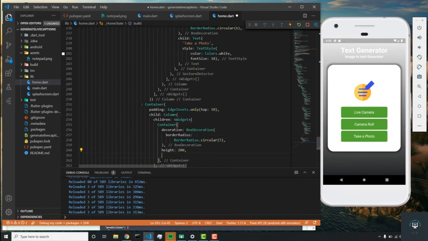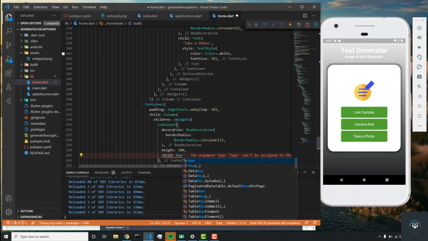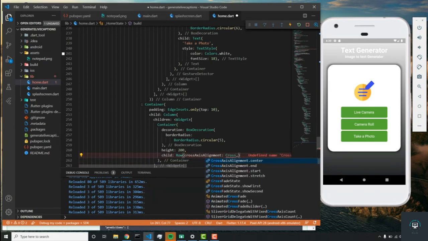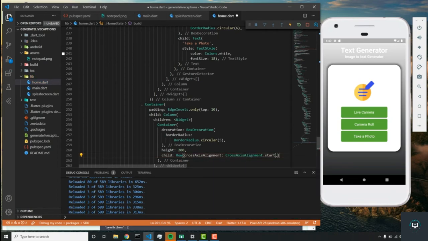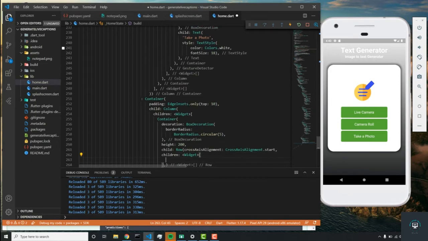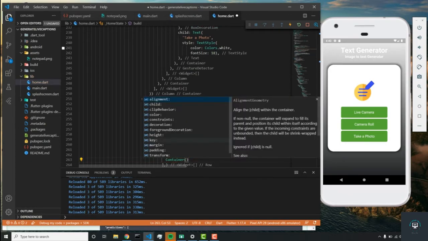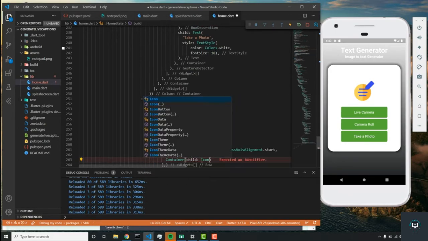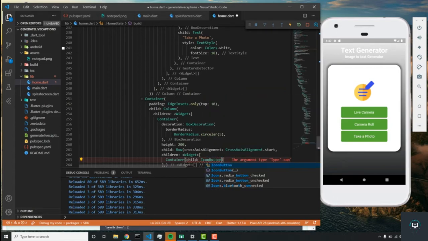And then we'll have a child of row, and this row is going to have a cross-axis alignment of cross-axis alignment dot start. And then the children will be a container with the child of icon button, and then on pressed